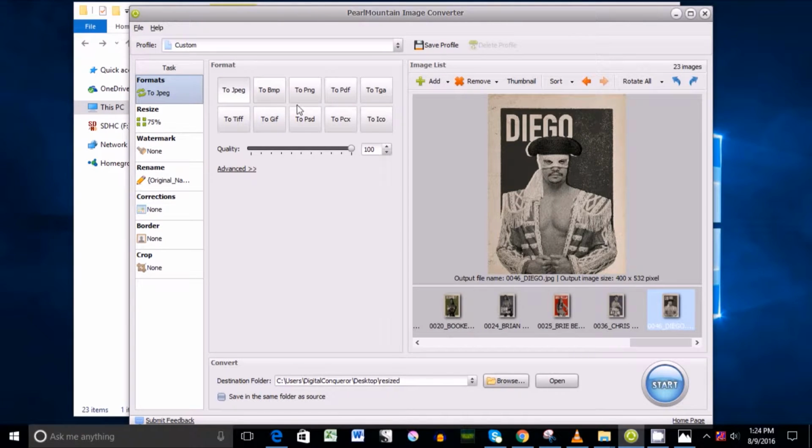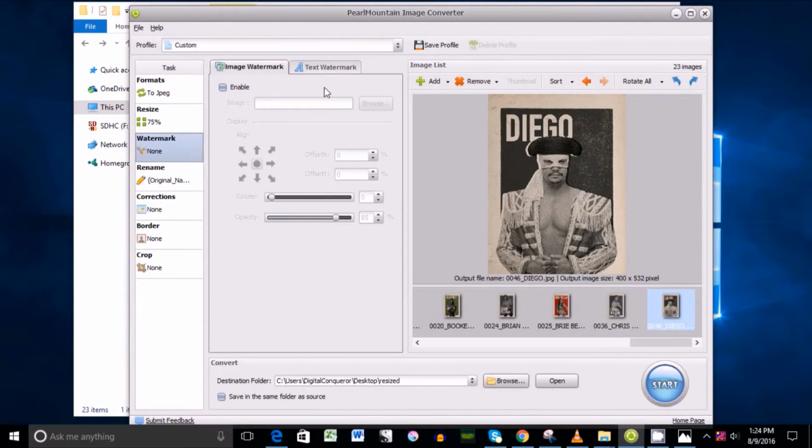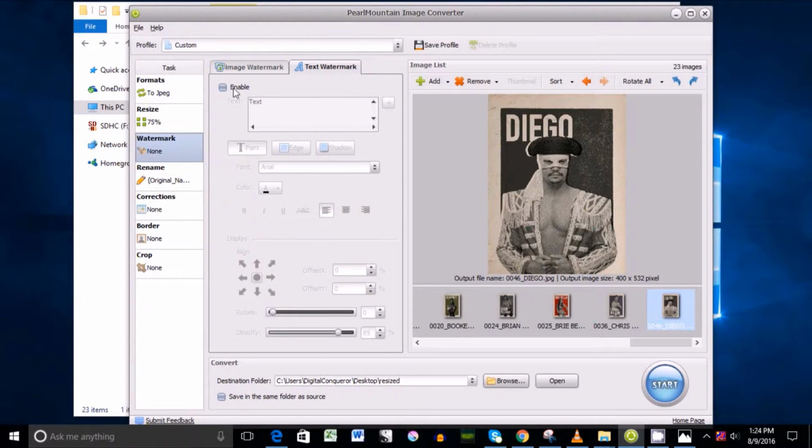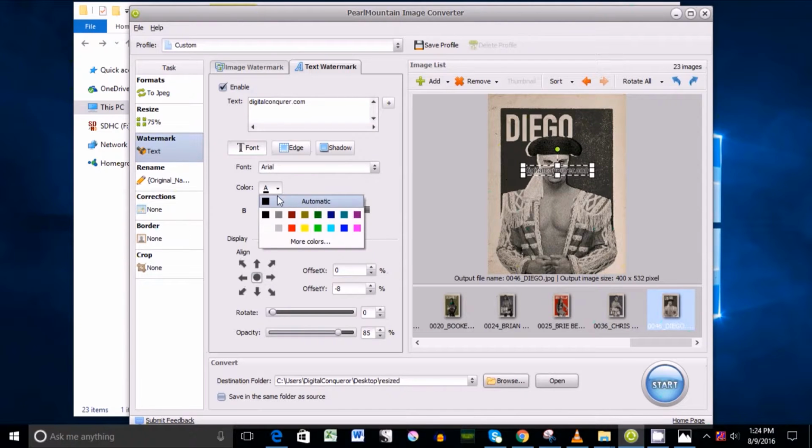Apart from this, you can change the formats of the images, change the quality of the images, use a watermark on all of them, create a text watermark easily. It's for my website, so I can easily use this watermark all over my images, and it will do this in batch, in bulk. That is quite helpful for me as I do image resizing on a day-to-day basis for posting